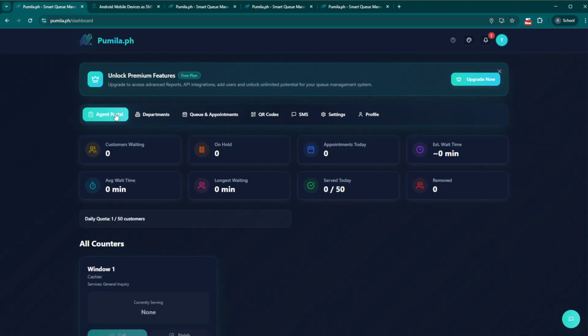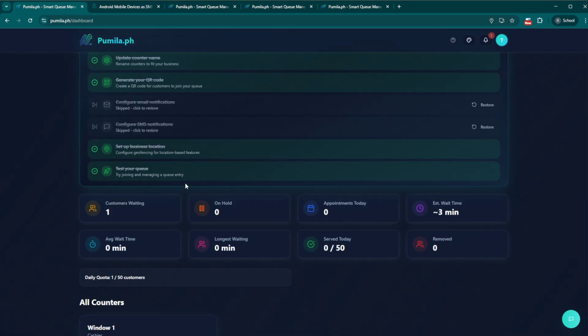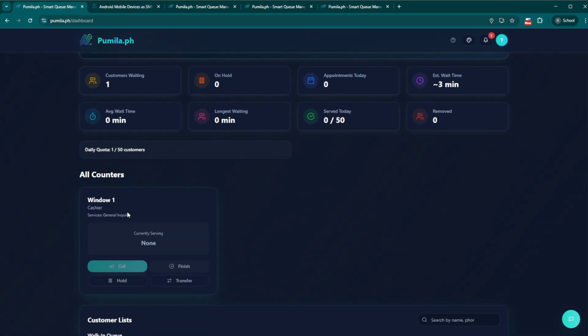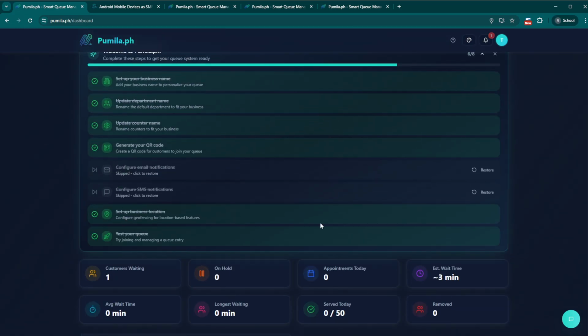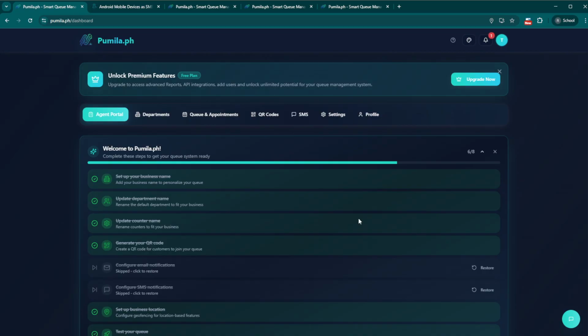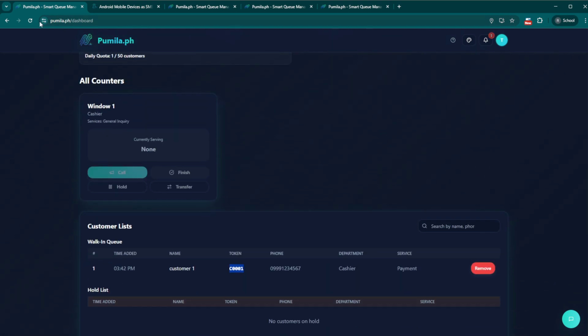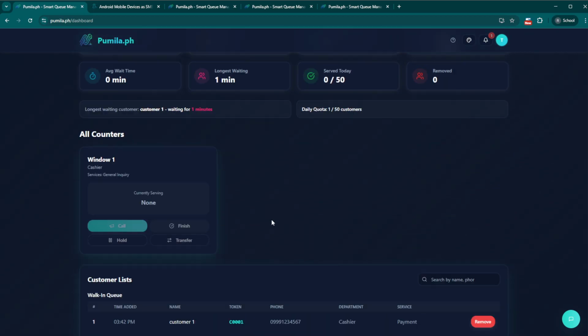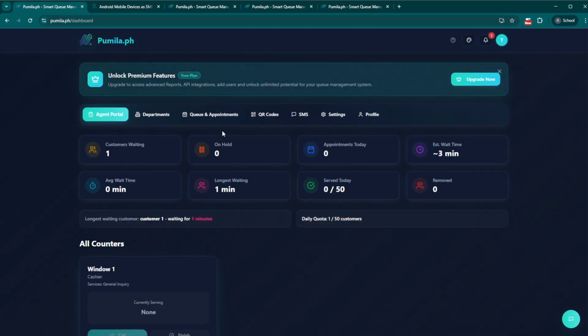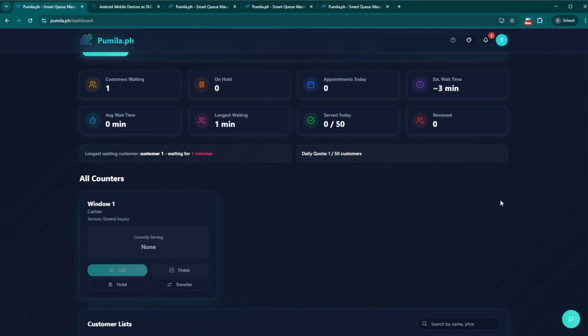Now in the agent portal, you will see the customers that you've added, and then your first queue is already finished. So the checklist does not appear anymore once you completed it, although you skip some of the steps, it will not pop up again. Okay, so I think that's all for the